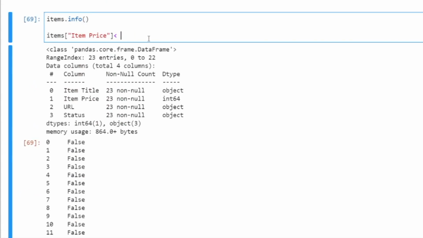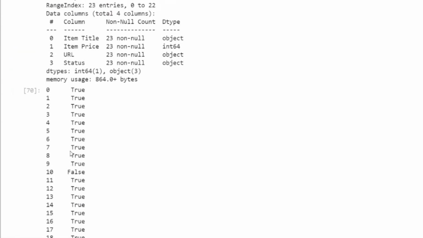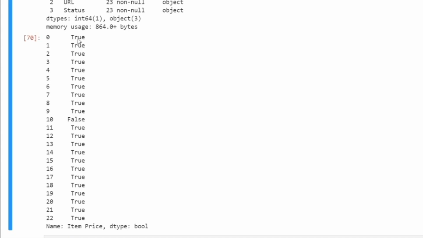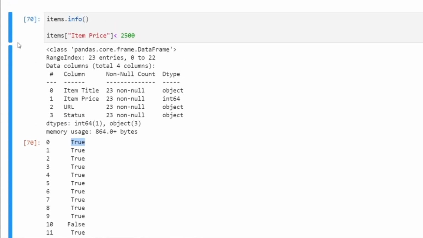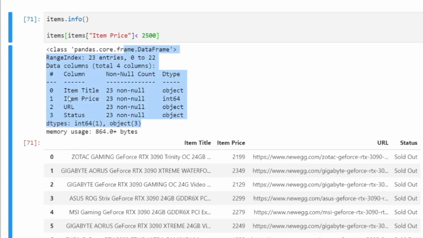Let's say I want to buy a graphics card which is less than 2,500, then I have here basically a list of indices, and for each index we get whether it's true or false, whether it meets our criteria, right? But you don't need to work with that, so I can just filter this out.